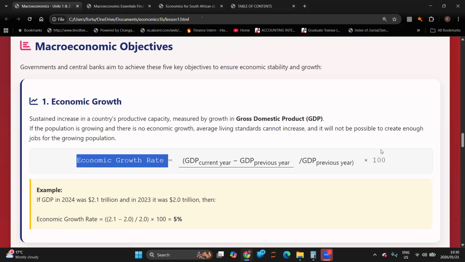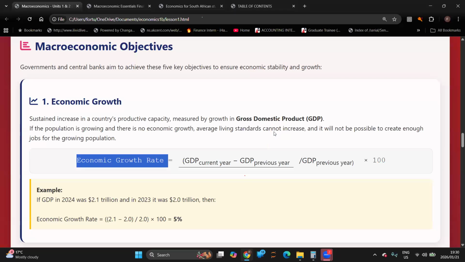So if the economy is not growing as much as the population, that creates a long-term problem in the future, because in the long term, you'd realize that resources are no longer enough, and you're now competing for the little that is available within an economy. So that is number one